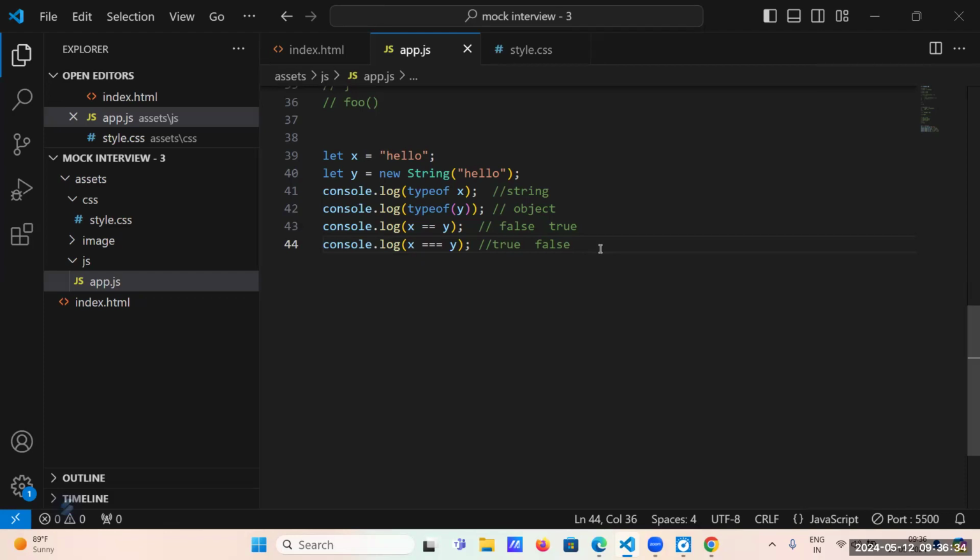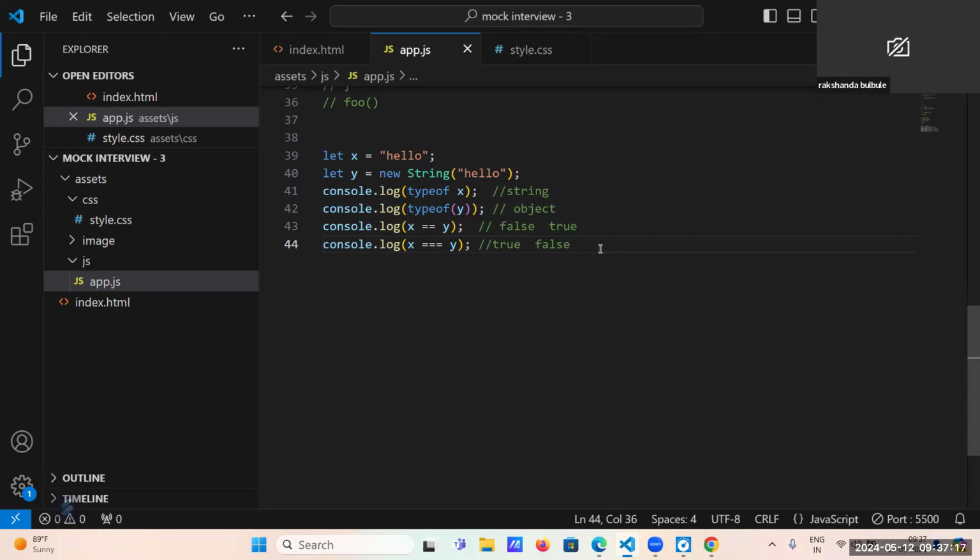You heard about the IIFE, immediately invoked function? Yeah. When we declare the IIFE, that is immediately executed. Okay, fine. So you said that we can convert JavaScript into asynchronous using promise. So what exactly is a promise? Can you create a promise and show me? And what are the states of the promise that we have?